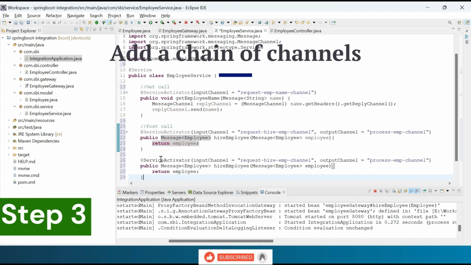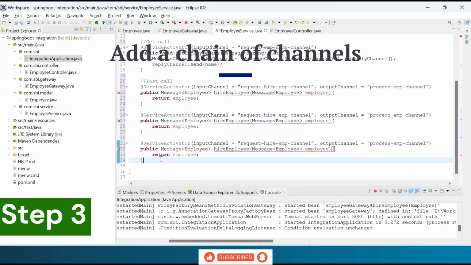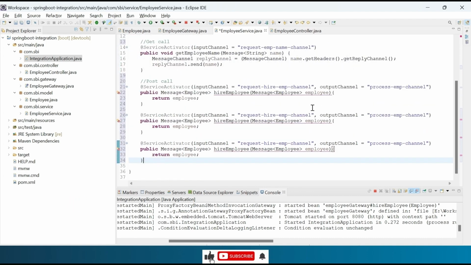Step 3. Let's add a chain of channels. Copy paste the post call twice. Update the following.